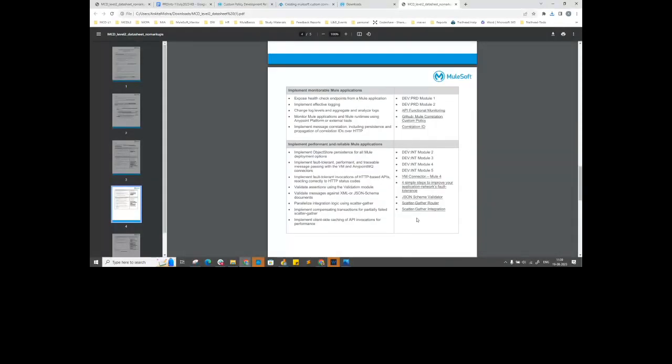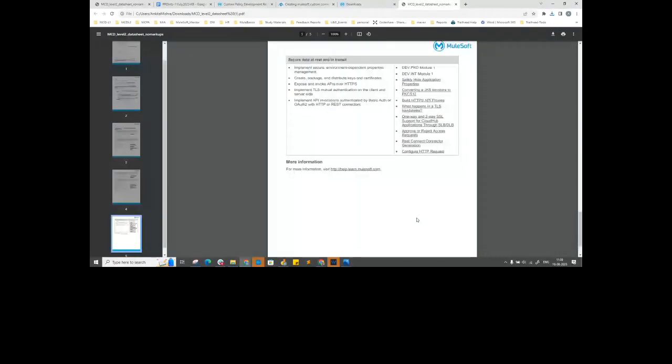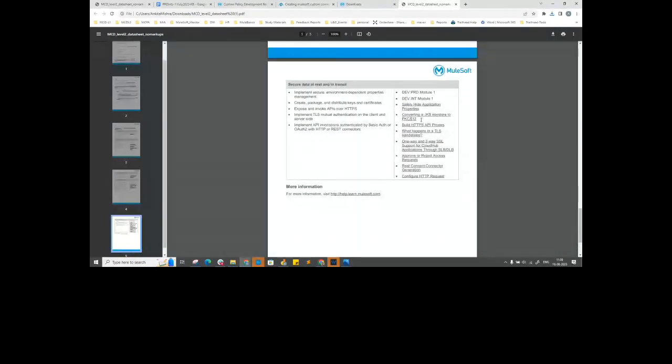Okay, just to give you a quick example, for example, this is a link here, converting a JKS key store to PKCS 12. You will see, you might get questions related to this topic. Okay, and I have seen questions related to this particular topic in my exam. All right, so this is just an example, but you got my point, right? You have to make sure that you go through all the links, because these links are very important.